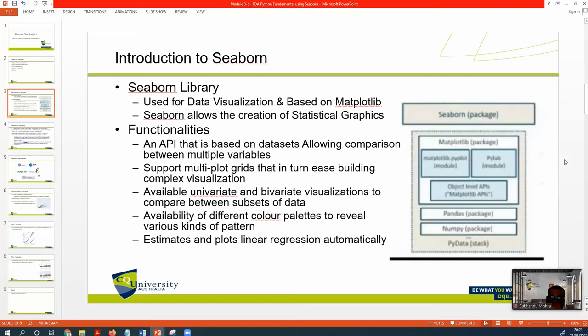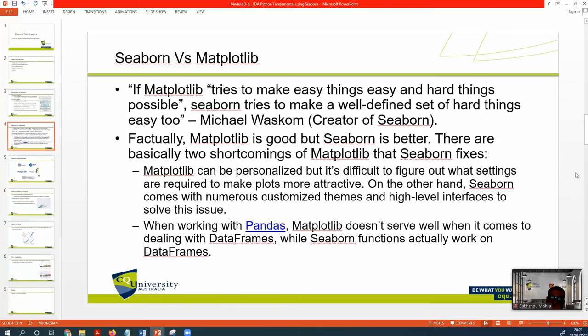So if you are wondering why we use Seaborn compared to Matplotlib, this is why. Why use Seaborn if you have Matplotlib already? If Matplotlib tries to make easy things easy and hard things possible, Seaborn tries to make a well-defined set of hard things easy too.